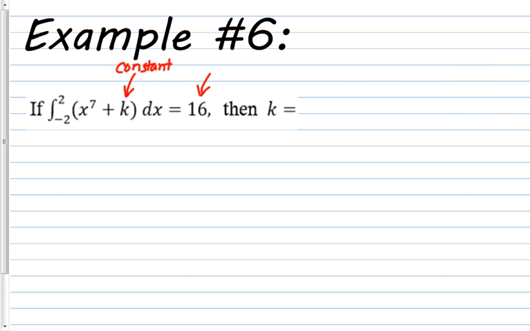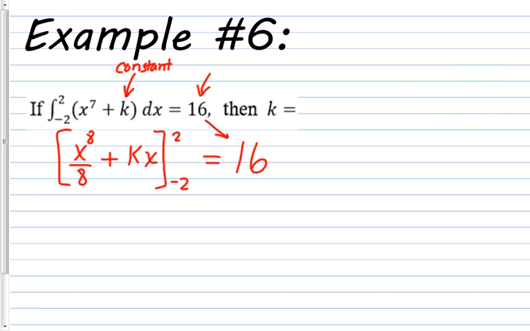When you integrate that, you should tack on an x to it. So you would do the same here. So x to the 7th power becomes x to the 8th divided by 8. And then plus, and then k becomes kx. And then we evaluate this from negative 2 to 2, keeping in mind that this should equal 16. Should equal 16. So plug in the 2, and you get 2 to the 8th over 8 plus 2k